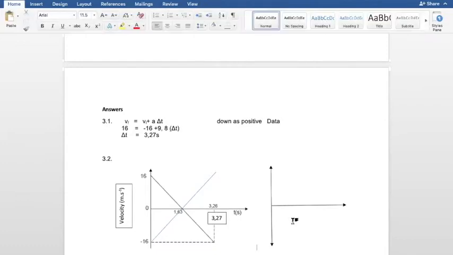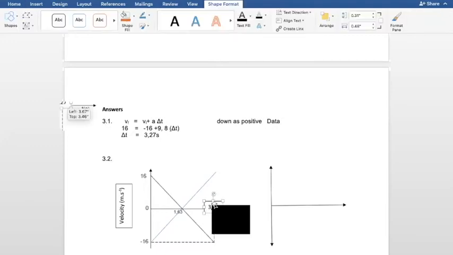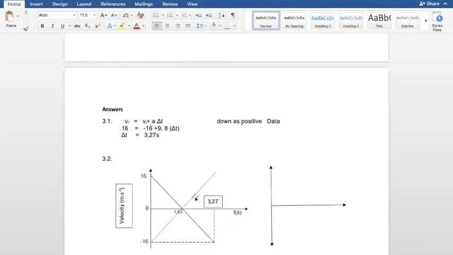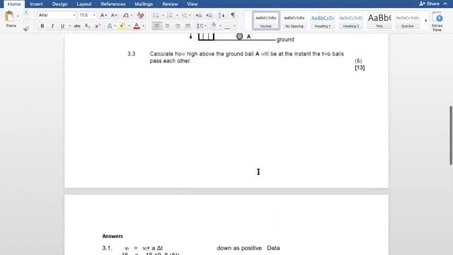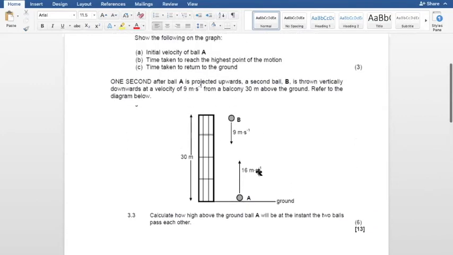Right, so it's a blue line, and we took our initial velocity as minus 16, final velocity as 16. 1.63 is at maximum height, 3.27 is where it's supposed to be for us, as is your time. Velocity is in meters per second and time in seconds. So those are the main points that we'll look at for giving you marks as to your understanding. Then the next question is